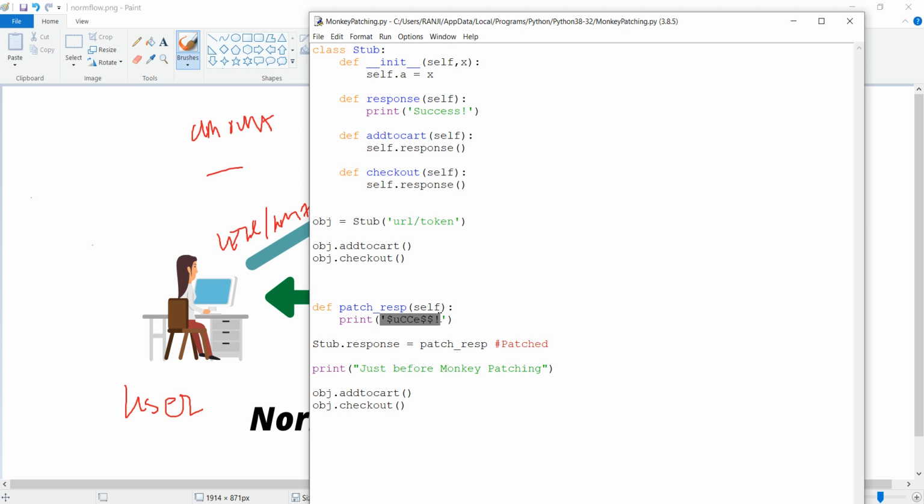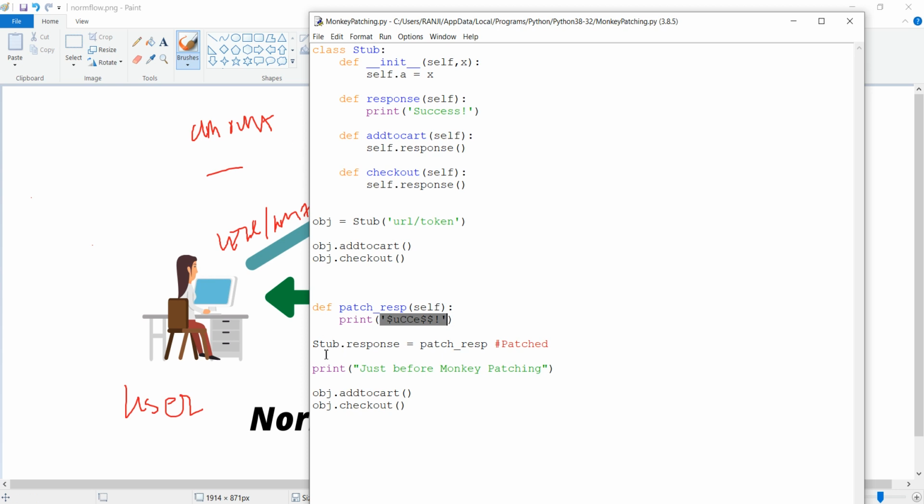Now here I'm passing the success message in this way, so this will be a fake success message, or a tampered request or a tampered response, in fact. I'm printing success in this way. Sometimes due to negligence or ignorance, you may think this is a normal success message, but actually it's not. You are just changing the success message, or internally the contents may be changed, or as I said here, the reference may be changed to a stub or to a middleware.